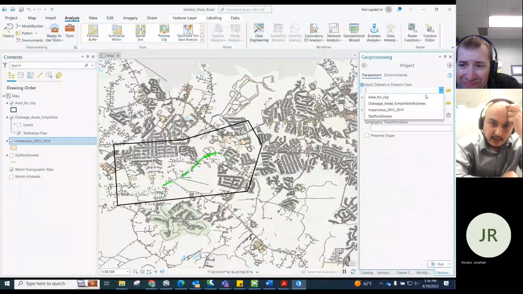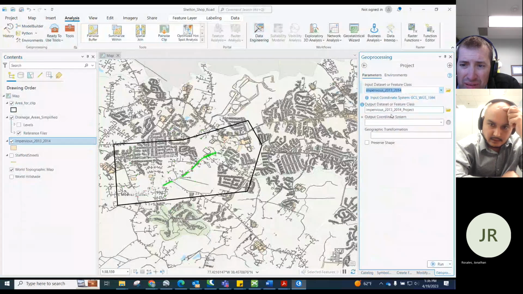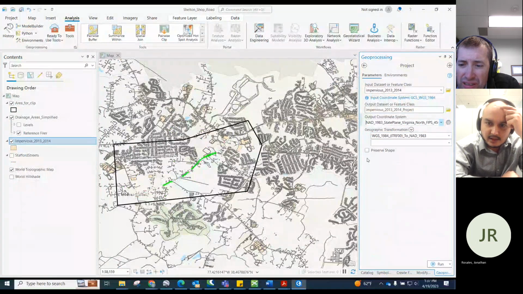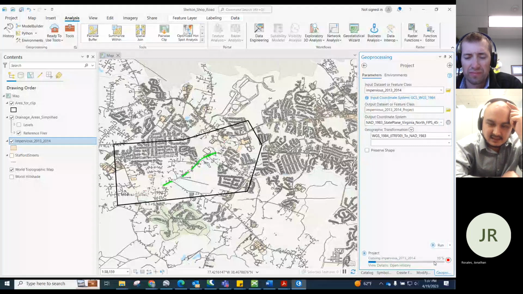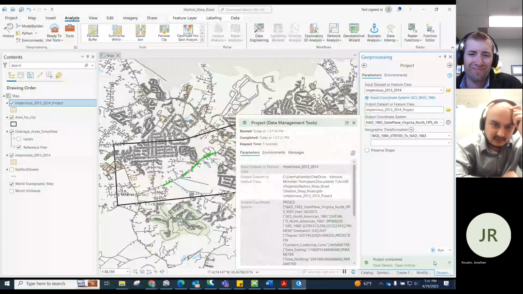So now let's put that over there. Your output coordinate system is Virginia, so you need to click that globe icon. Could I just click on this one since we've assigned it there? Yep, definitely. Area for clip, definitely a good idea. Then you can just hit run. Okay, that's good.